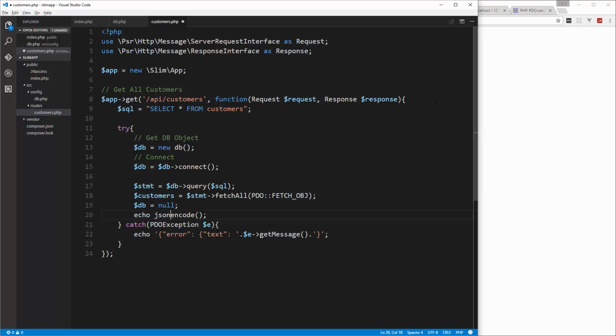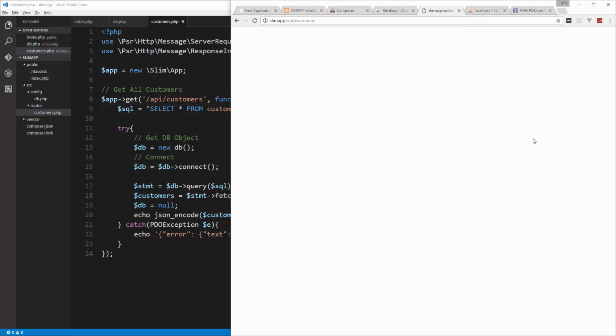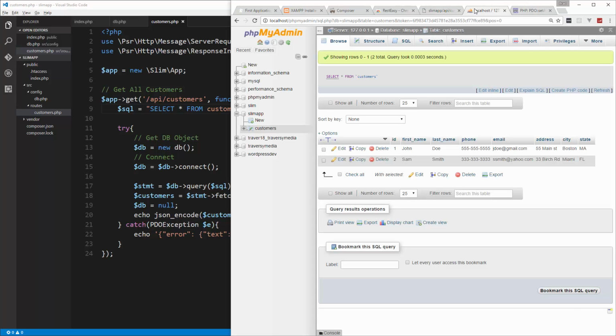json_encode. In here we're going to pass in customers. Let's save that and reload, and now you can see that it's outputting our customers in a JSON array. And just to show you, let's open up REST Easy,